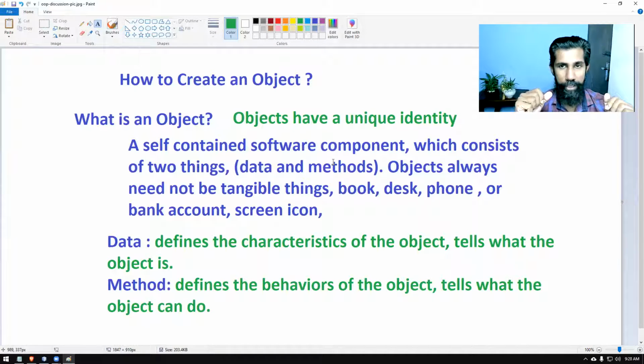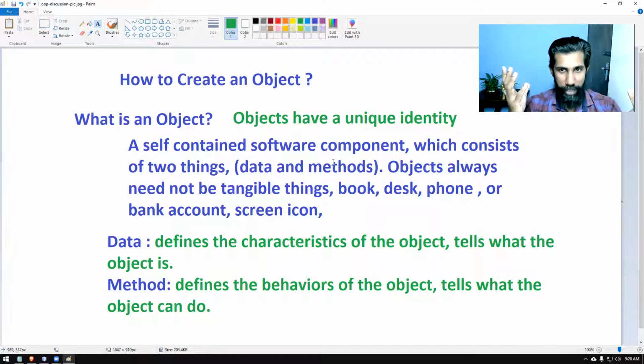And what sort of things can you do with the bank account? As I told you, you can withdraw, deposit, check bank balance, print bank statement, transfer cash. All those kinds of things you can do with a bank account. But what color, what size, what height, what width, what is the alignment, that doesn't get applied because it's not a tangible thing. You can't touch and feel that.